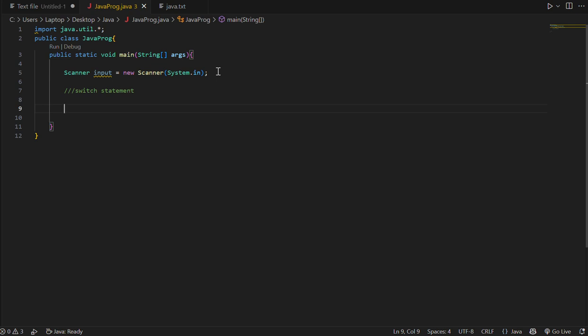So if you have a question where we have to ask the user to input a number between 1 to 7 and then you output the day of the week correspondingly. So if the user enters 1, you will output Monday, 2, Tuesday, and so on. So if we use if else for that, then